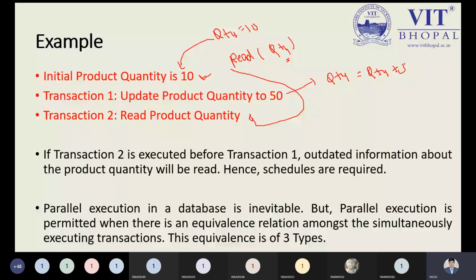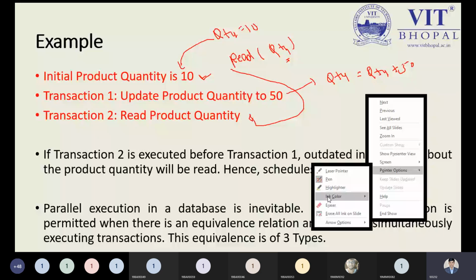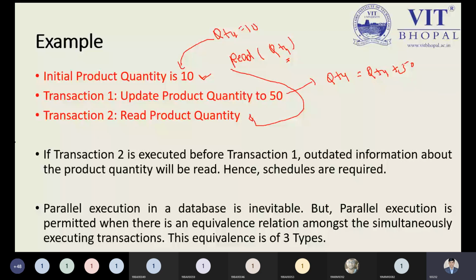See, just let me know. If I'm just reading the first transaction, okay, QTY is initialized to 10 rupees, so there is no issue. I'm reading the first transaction, update product quantity to 50. So first I'm updating QTY by 50. Suppose QTY is 10, so now QTY is updated to 60 rupees. Okay. When I read,